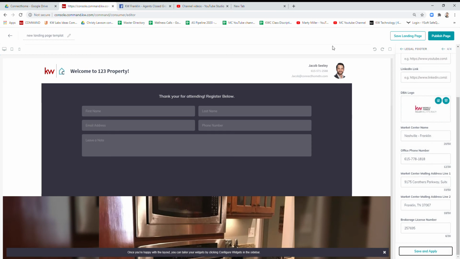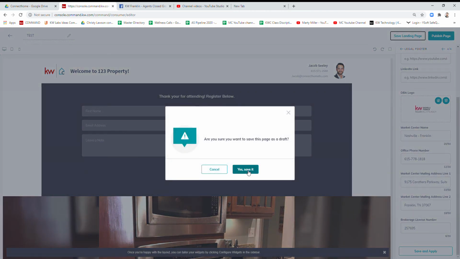And then once you're done, you can either save it as a landing page or you can publish the page directly. If you publish it directly, it's going to go ahead and save it for you. But if you're not done with it, or there's maybe something that you want someone to see or you want to tweak it, you can always save it as a landing page. And also, I didn't mention this at the beginning, but you can name it as whatever you would like it to be. So it's just going to be a test for me, and then I'll show you what happens if you just save it. So I want to save this as a draft,